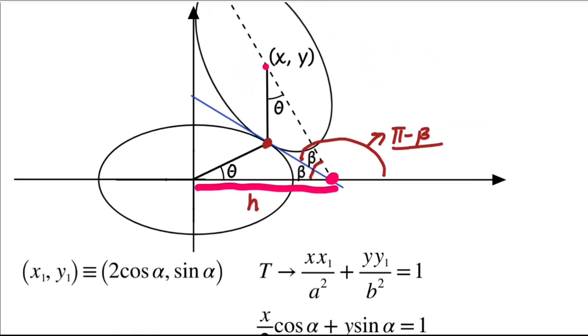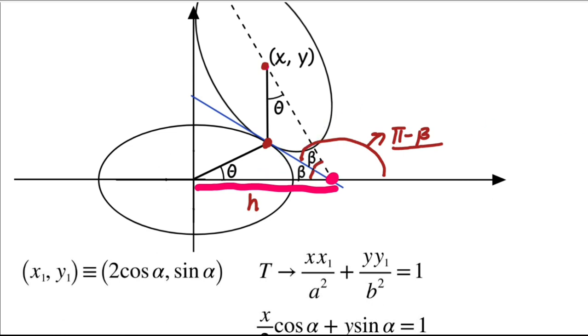Now we have to write the equation of this center point here. This is my coordinate. Let's say this center point has coordinate x comma y. How can I write the equation of x and y in terms of the known parameters? Let's say I want to write x and y in terms of h and angle beta. This is very easy to do.